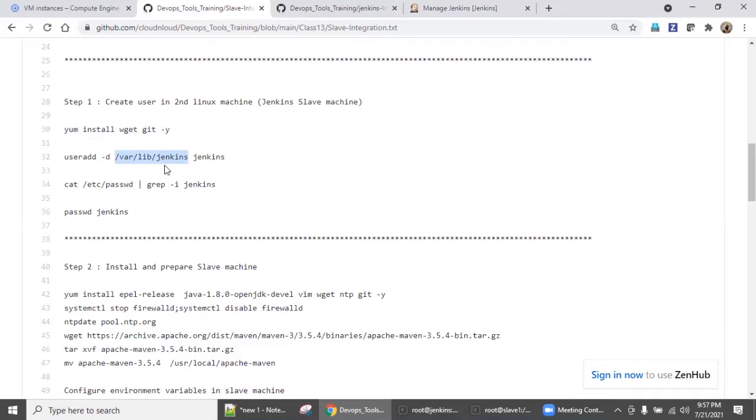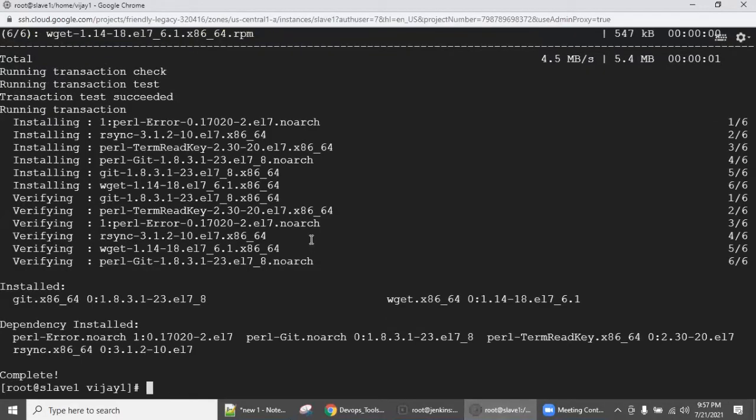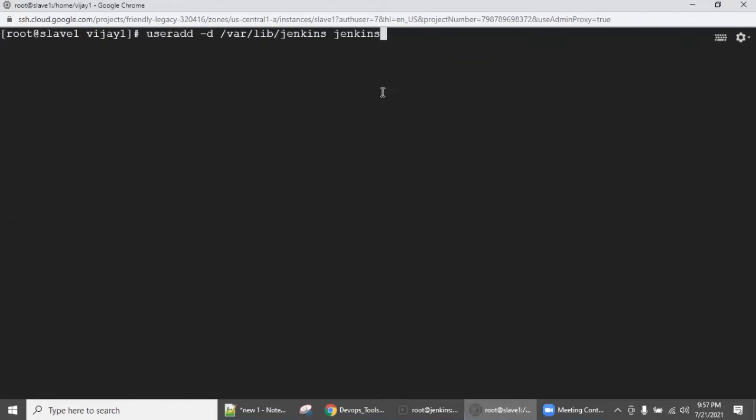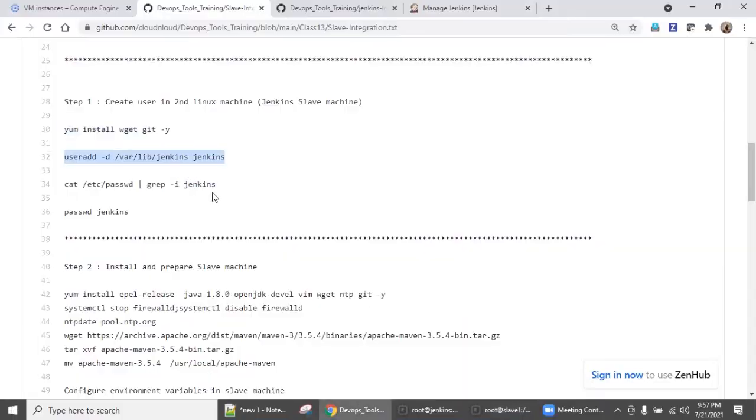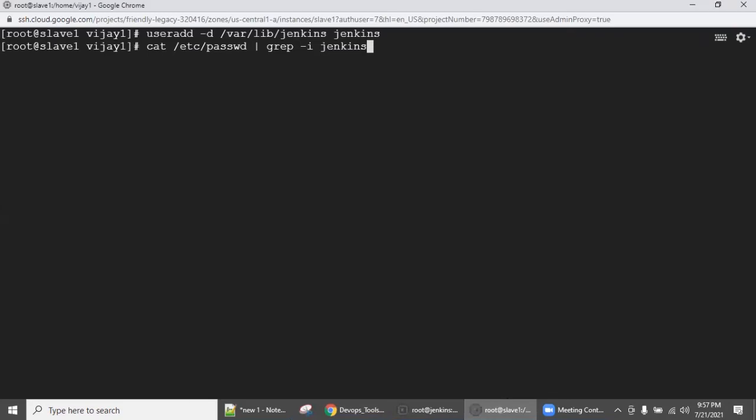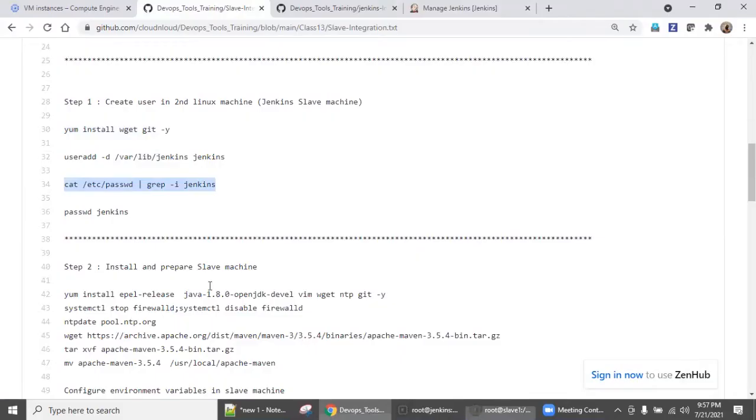But in your project or different projects, make sure what your functional user ID is, which you are going to use for this DevOps purpose. If you can populate the same user ID, that will be easy. That is the more recommended one. So go here. I am adding the user ID with a similar home directory, workspace. If you want, you can verify in etc password. Yes, it got created.